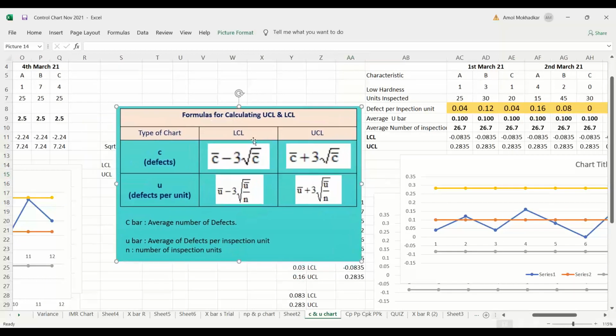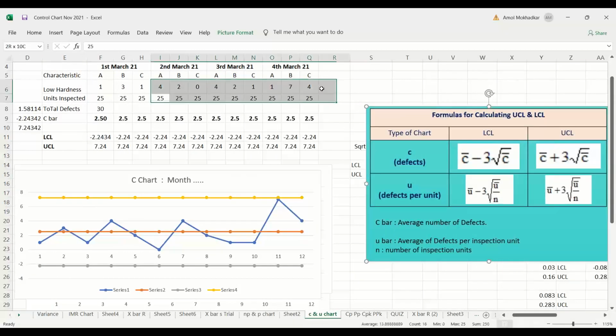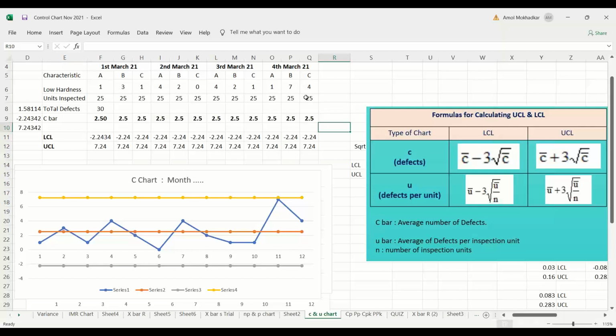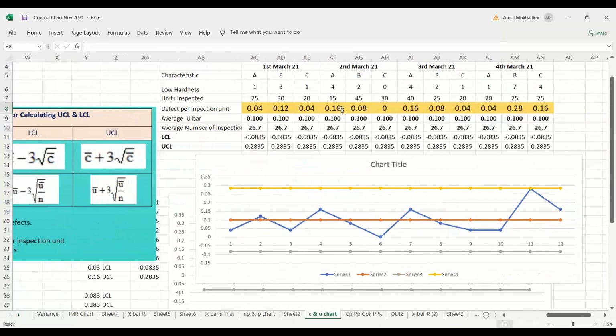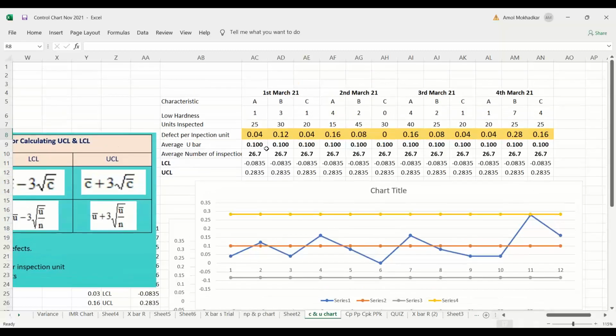Now coming to the U chart, where the number of samples being tested are varying. Like here you are having 25 numbers of data every day, 25 samples tested every day. So you can say that okay, this 25 is constant. I can say that okay, this day the number of defects proportion is very high. I know, because every day you are checking 25, you are not changing this. But if you are changing, then you need to utilize the U chart.